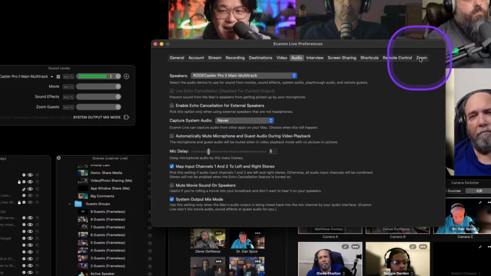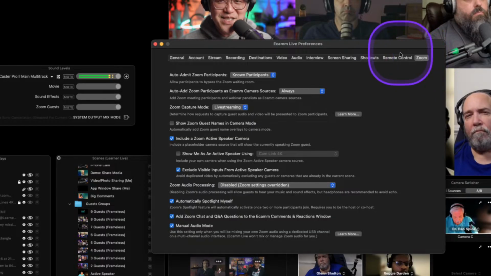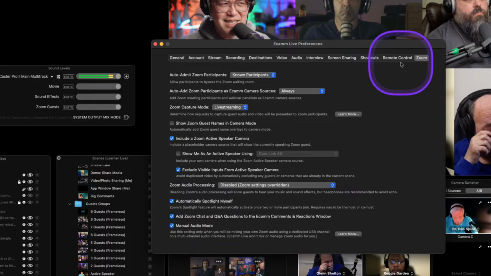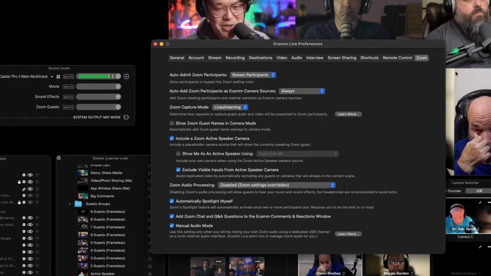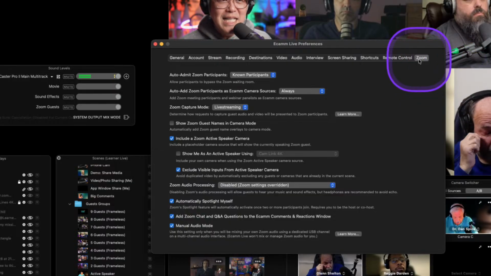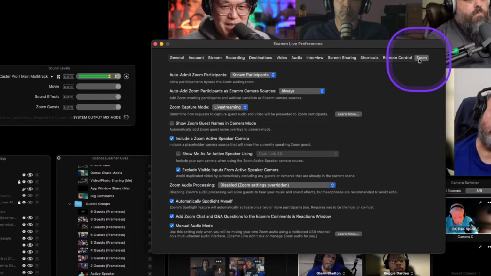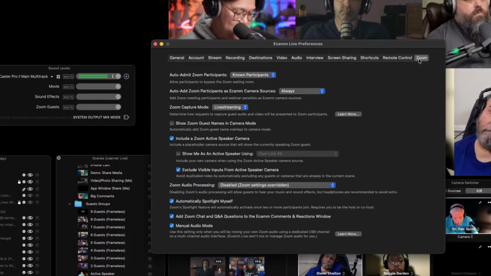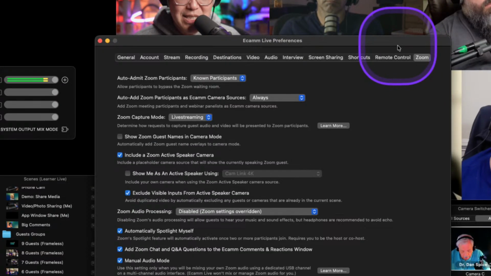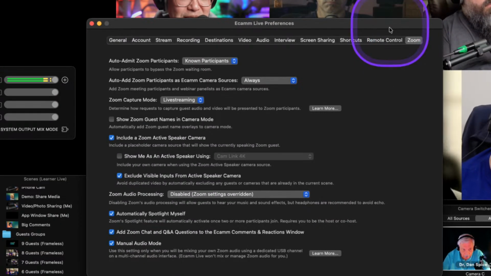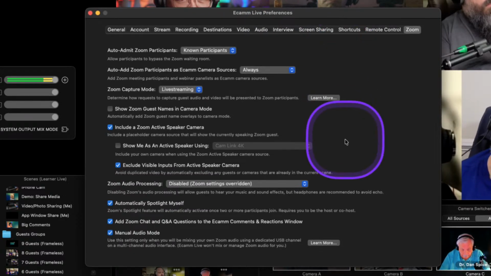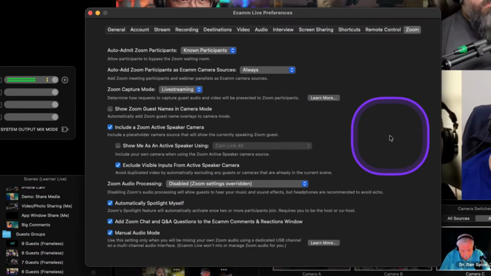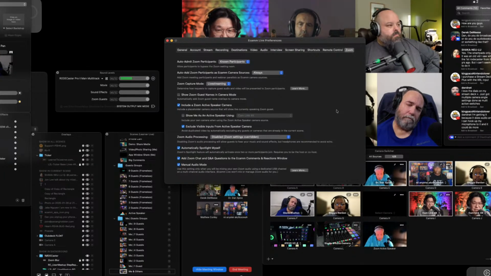Okay, and then in my Zoom, this is particularly not exactly related to audio settings, but it's somewhat related. In Zoom, this is the reason why you have a Zoom tab inside the Ecamm preference. Can you guys see it? When I zoom in, you see it zoomed in, right? I think I checked that. Okay, you do. Good. I hope I'm still in capture mode. Yes. So you can see